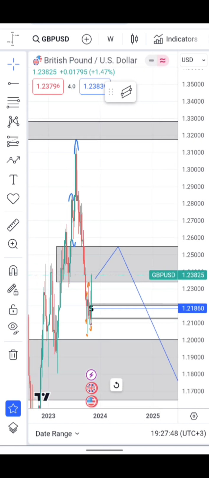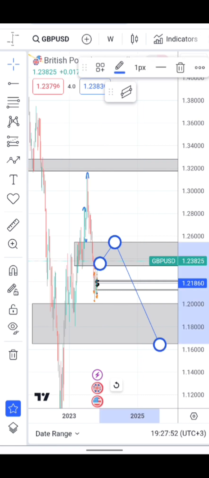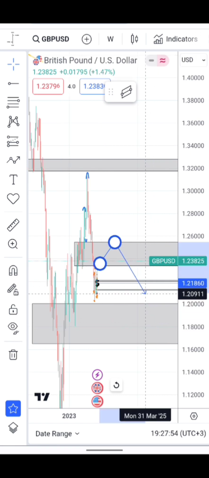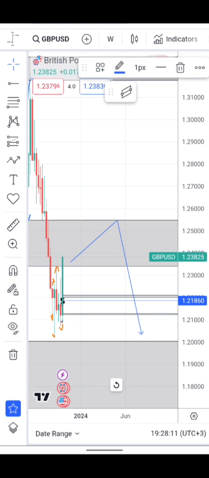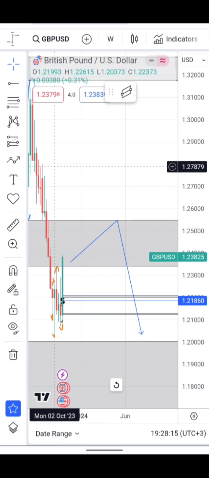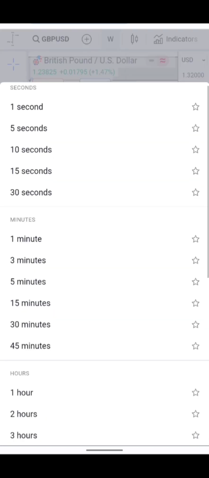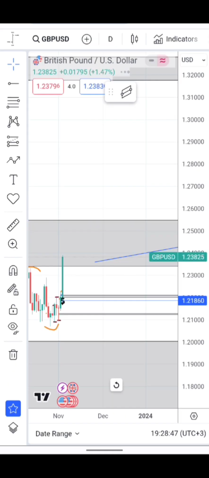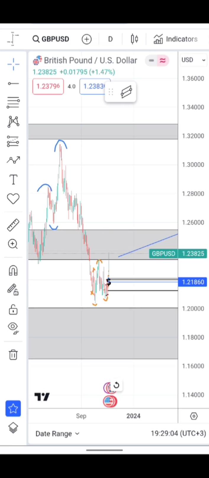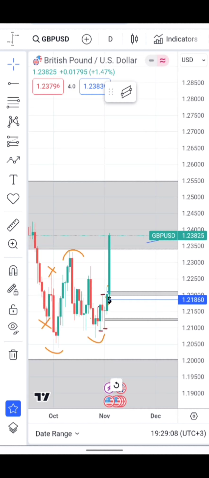Target would be to not really fill these other monthly fair value gaps, but to come for this low here, the 2nd October low. So moving on to the daily time frame for GBPUSD. On the daily time frame, I'm actually bullish for pound dollar,